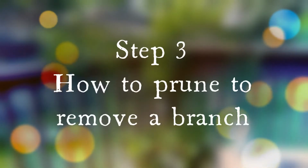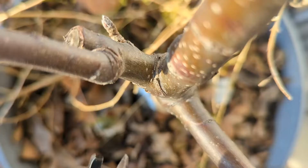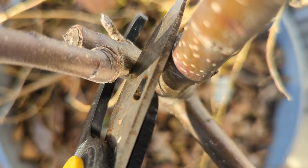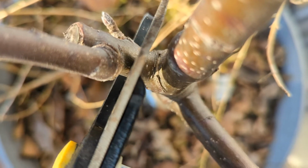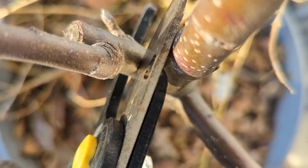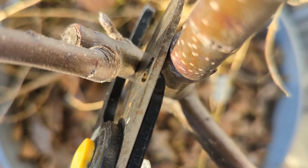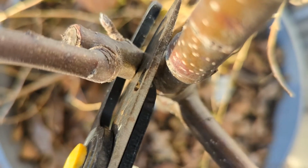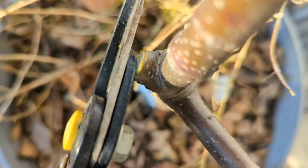Step 3. Know where to make the cut when removing a branch completely. When we are making a cut to completely get rid of a branch, we want to make sure not to cut too deep into the shoulder of the branch where it originates from the trunk, because this can injure the trunk too. We also don't want to prune too far away from the joint